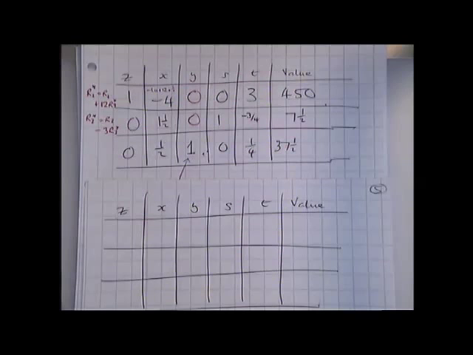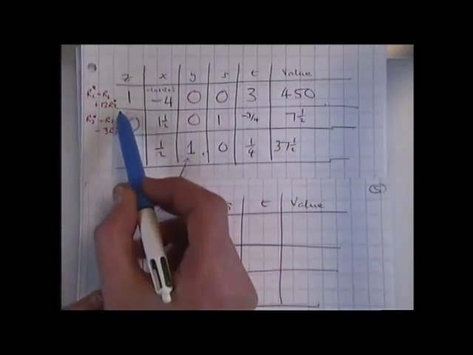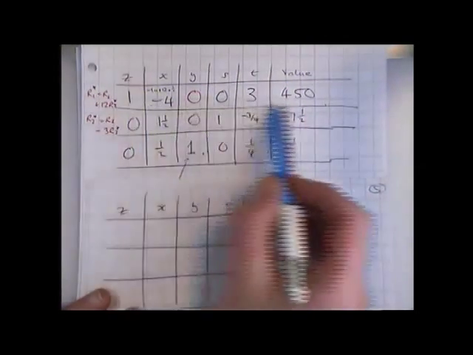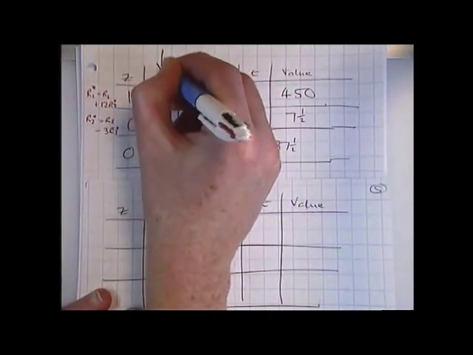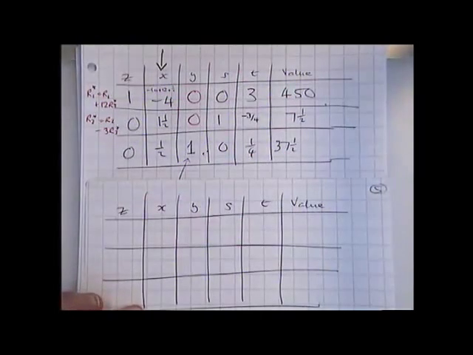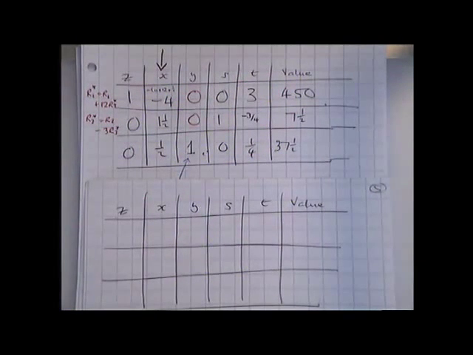So, question to you all. Jess, how do we find the pivot? The pivotal column is the most negative value here, so that is the pivotal column. Yeah. Okay? The pivotal row we calculated by doing